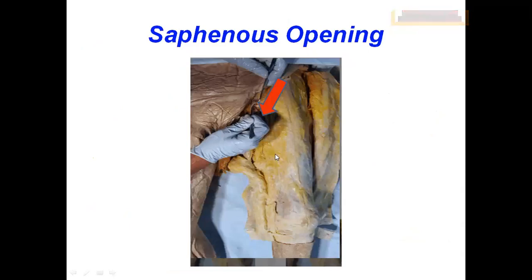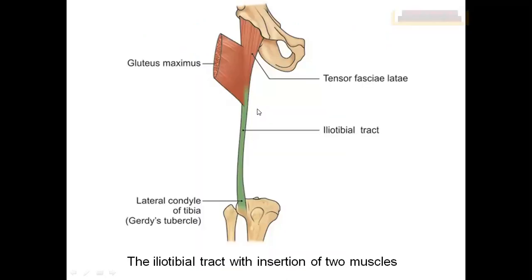Now see here, the dissection is going on. You can see the skin has been reflected. Below this we have so much fat, that is the superficial fascia, where we have the fatty layer and the membranous layer. If you reflect this membranous layer, the whitish sheet which is enclosing the thigh like a sleeve is nothing but the deep fascia, the fascia lata. The fascia lata has one saphenous opening, through which the great saphenous vein passes to enter into the femoral vein.